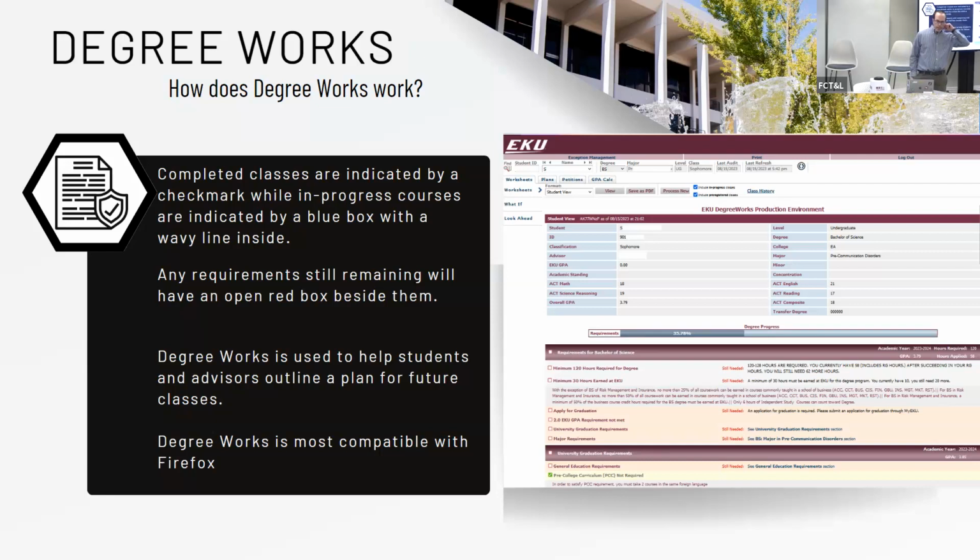DegreeWorks as well, I have a Mac, and Safari sometimes can bring it up. Sometimes I have Chrome working, but there will be times where the audit will not pull open. So Firefox is the preferred browser of DegreeWorks. So when I do run into issues on the run or something like that, I quickly, there's a function where